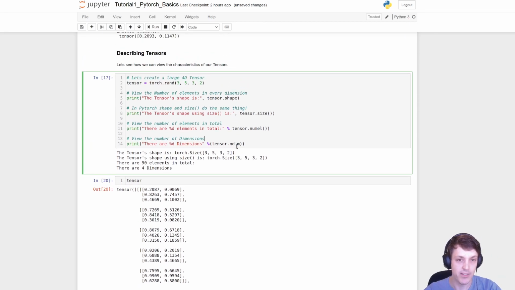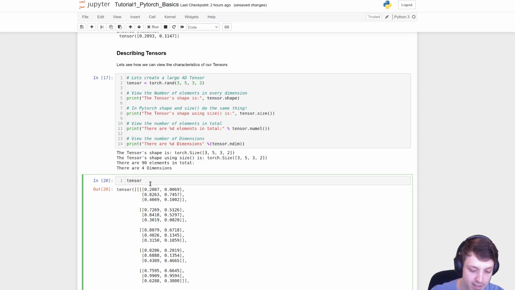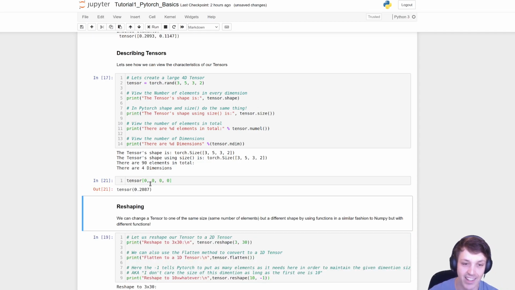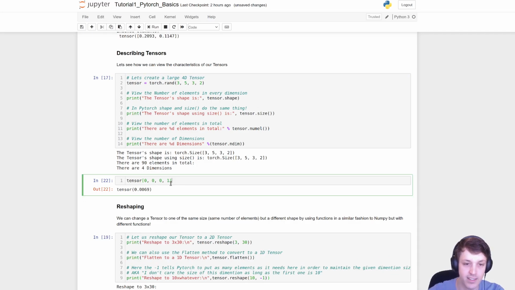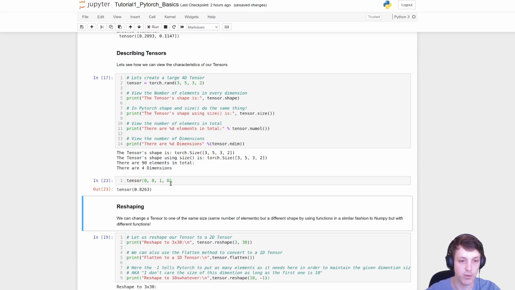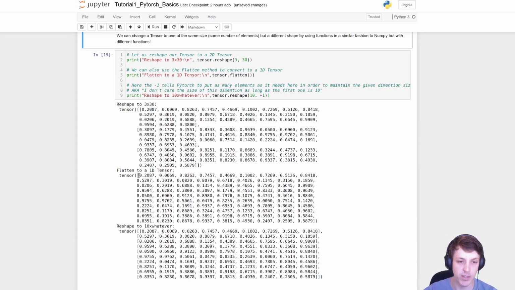So you can imagine this flattening out working by going through each of the values in order. In order basically means we start at the very first index, you can think of as 0, 0, 0, 0 for our 4D one. And then we go 0, 0, 0, 1, and 0, 0, 1, 0, and so on, until we flatten it all out. So we start with 0, 0, 0, 0, 1, we go up until the max size of that dimension, and then we move on to the next one and the next one. And if we do that, we get this flattened out